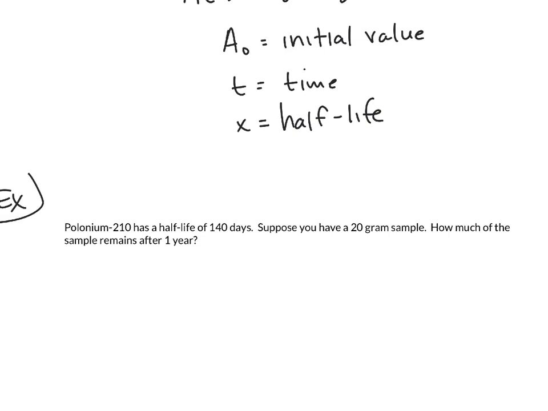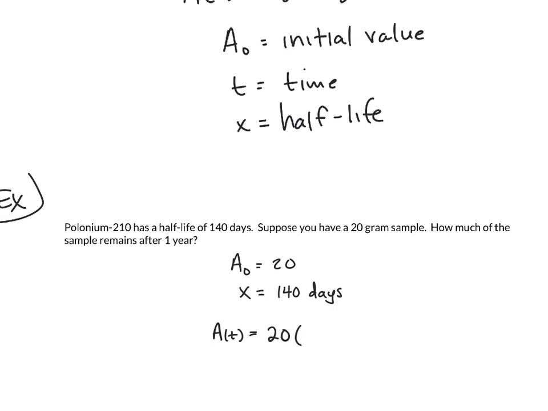So for this example, polonium-210, it's got a half-life of 140 days. So suppose we have 20 grams. How much of the sample remains after 1 year? So the initial count is 20 grams. The half-life is 140 days. How much of the sample remains after 1 year? So how much will there be is a future value. So we're solving for A of t